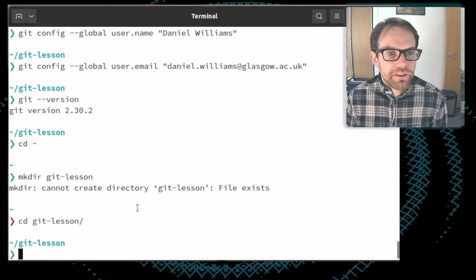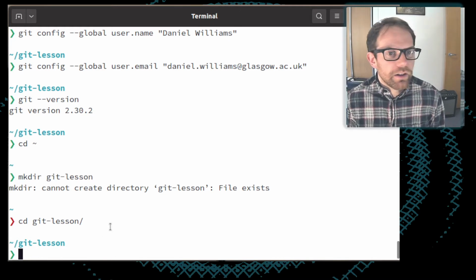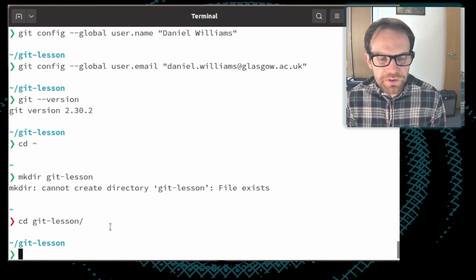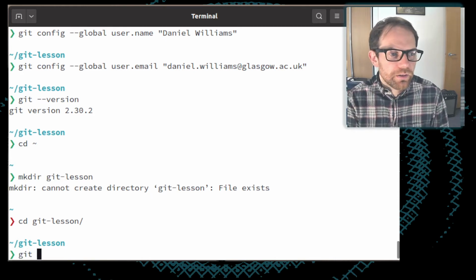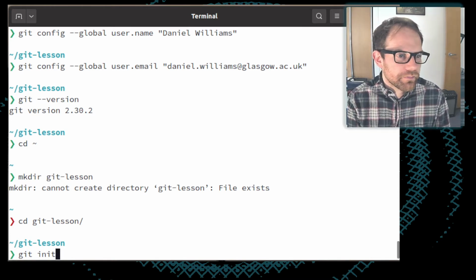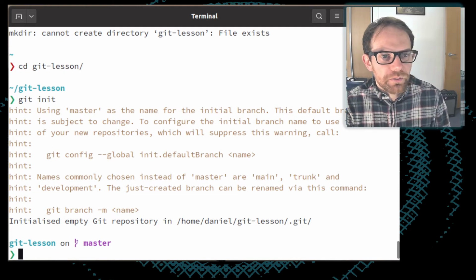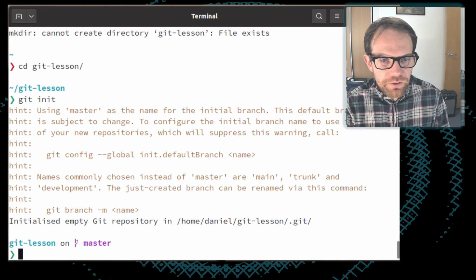Okay, so once you've got a directory where you want to work, we can turn it into a Git repository by running the command git init, so init for initialize. This will write out some information to the screen.